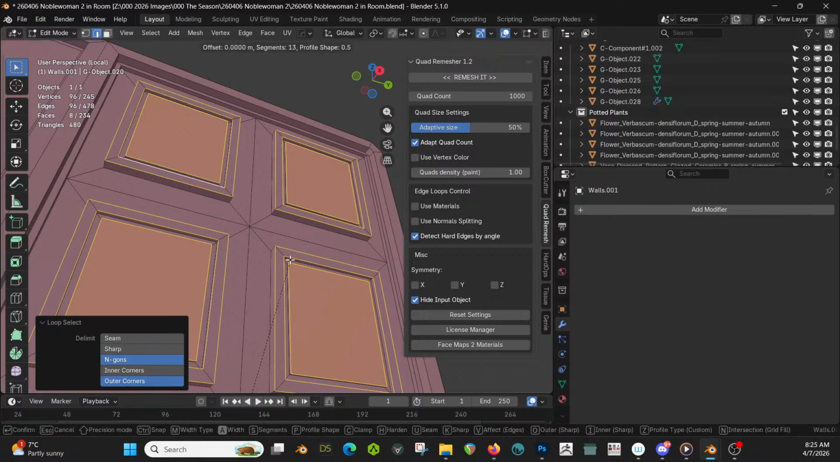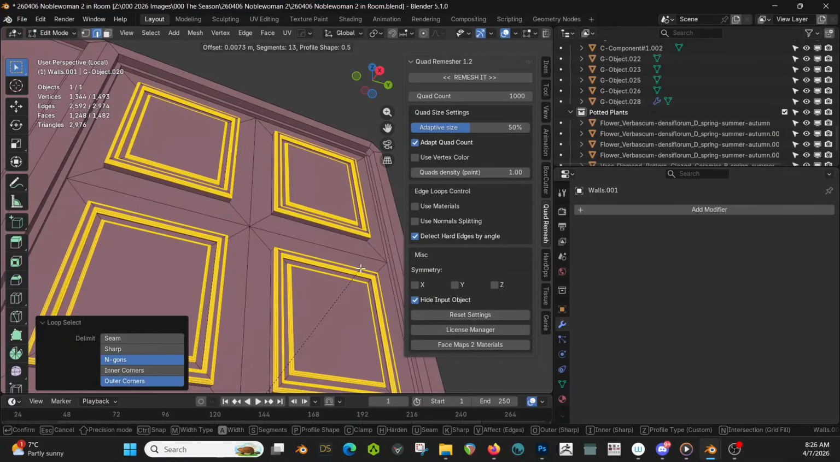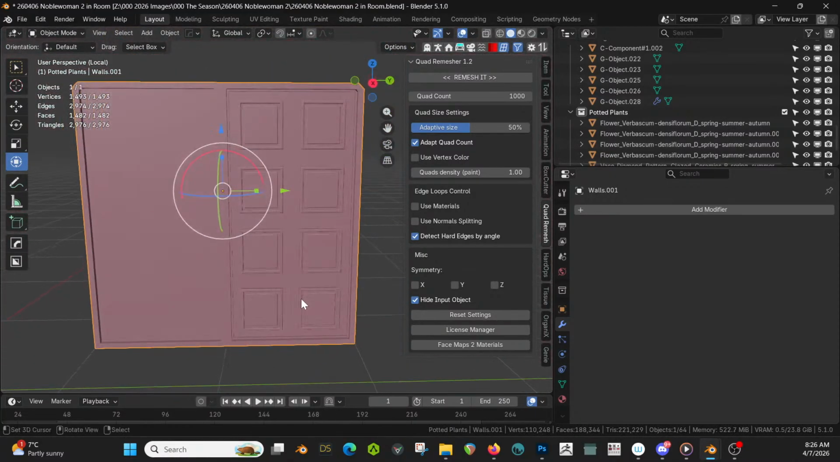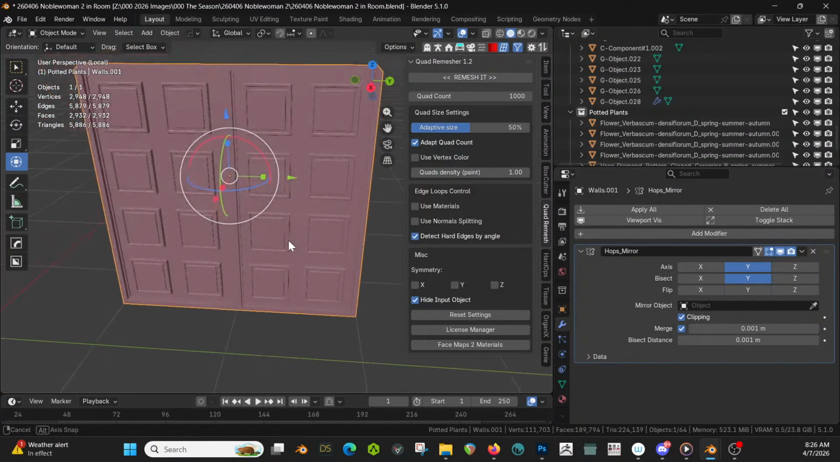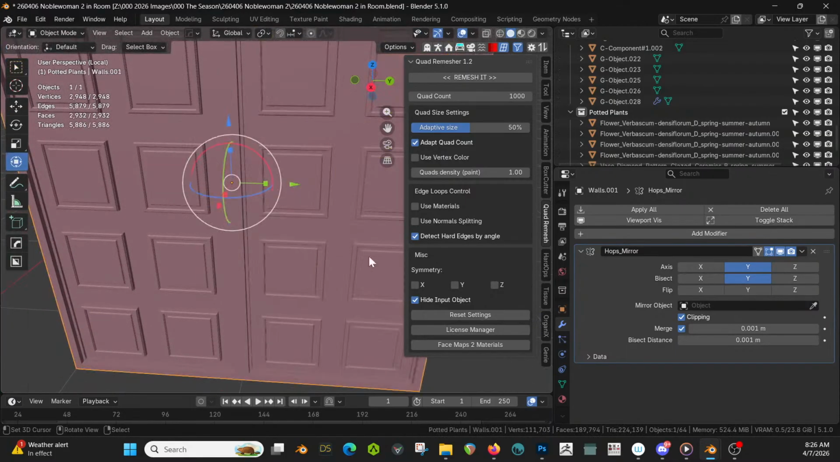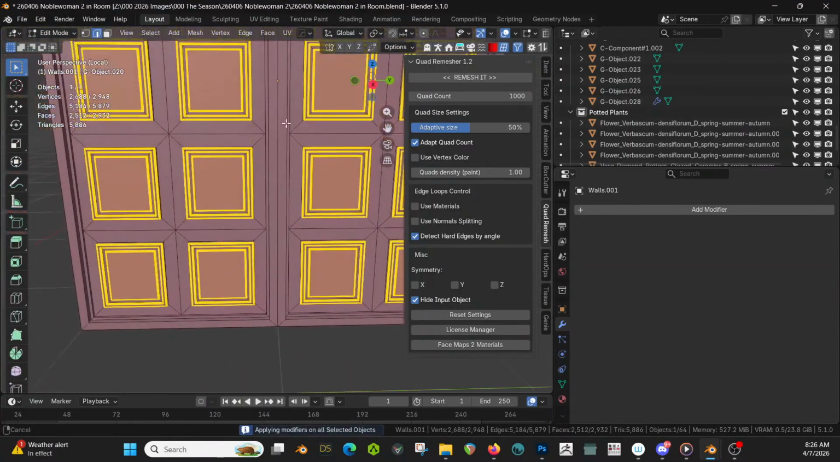And bevel. Get that molding again. Way cooler. Mirror. Doors. Okay. I'm going to apply all. And then